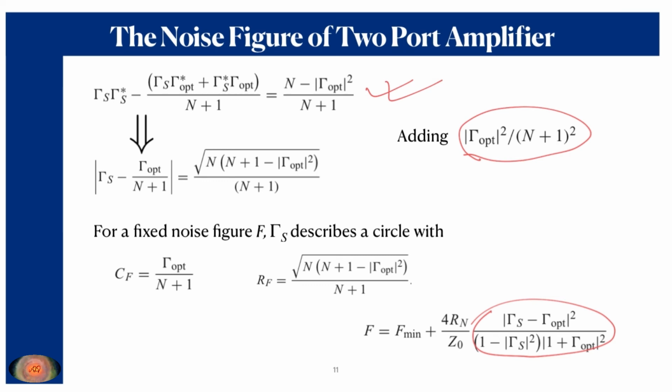So if you want to minimize this noise figure by choosing the center at gamma optimum, then you may violate the condition of achieving a stable amplifier. So you have to make a trade-off between them, and as I told in the case of the stability, a circle basically defines two regions. One is the inside of the circle and another is the outside of the circle, and both of them may exist within the Smith chart, or can be outside of the Smith chart, because the Smith chart is normalized to unity, whereas these circles are not normalized to unity.